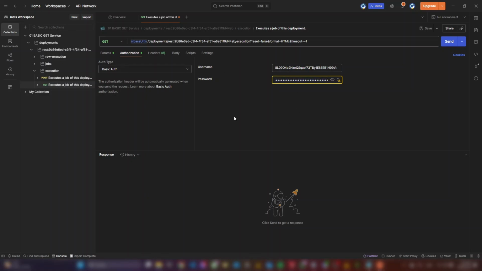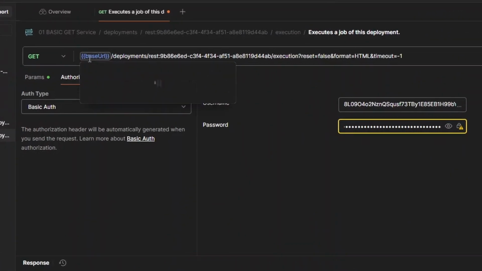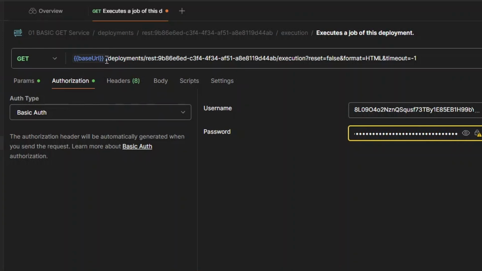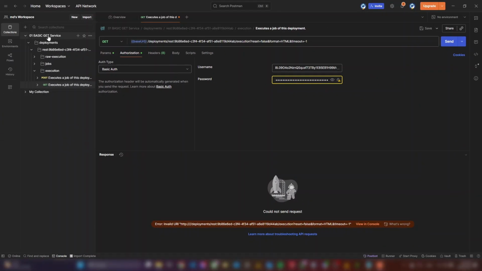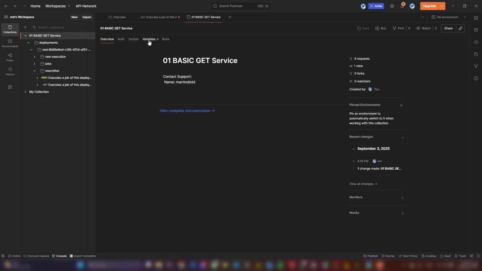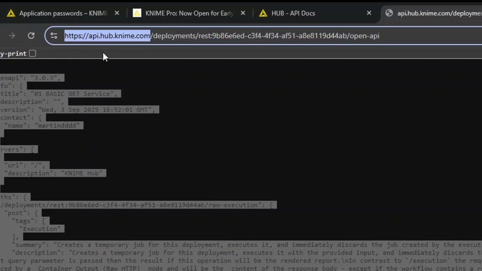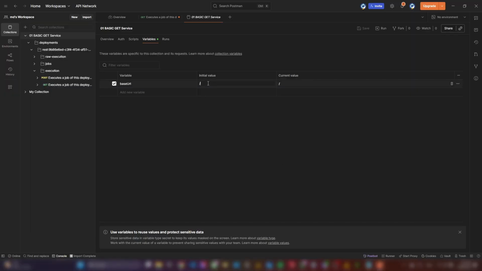Here we go. If I now hit send, this will fail because up here you can see that there is a placeholder value, the base URL. If I click on my parent, the basic GET service, there's a tab called variables. In here you see that the base URL is not defined. So let's go back and copy our base URL, which is api.hub.knime.com. Go back to Postman, set this here, delete the last backslash, the same here,